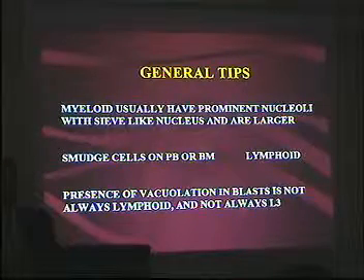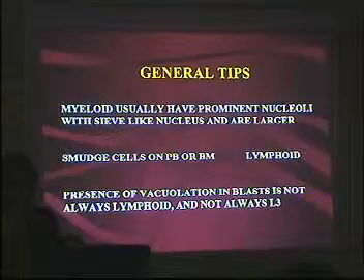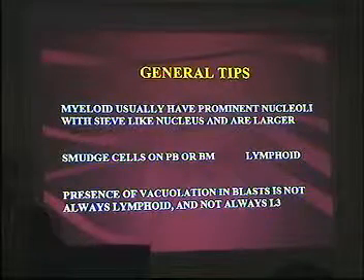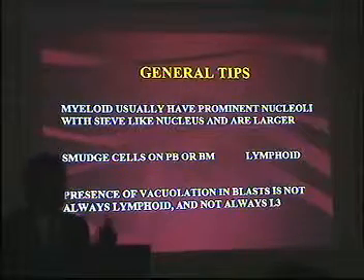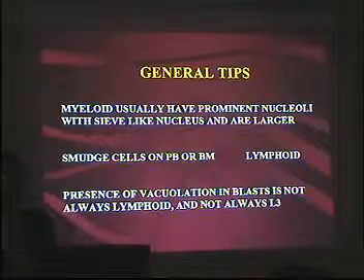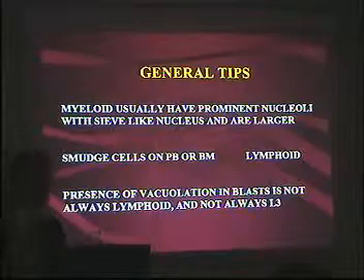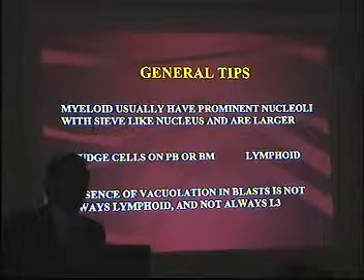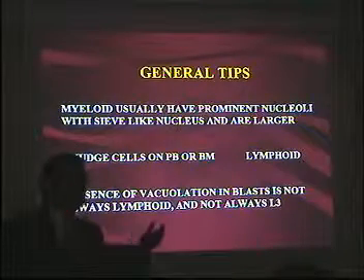Usually, differentiating myeloid from lymphoid cells is many times difficult. Please remember, all the textbooks mention brilliant stuff. When you're actually seeing the slide, depending upon your stain and the method of preparation of the smear, many times you're squirming in your seat and you don't know what to call it. Please remember, the teaching is that you are not expected to give an answer of myeloid or lymphoid on the peripheral smear. You are expected to say blasts present, suspicious of acute leukemia or suggestive of acute leukemia. It is left to the clinician to differentiate between them.